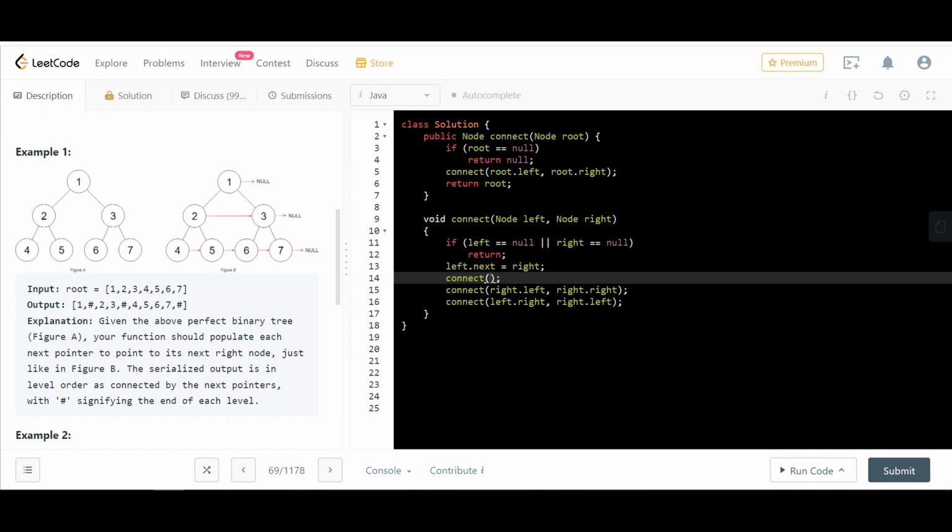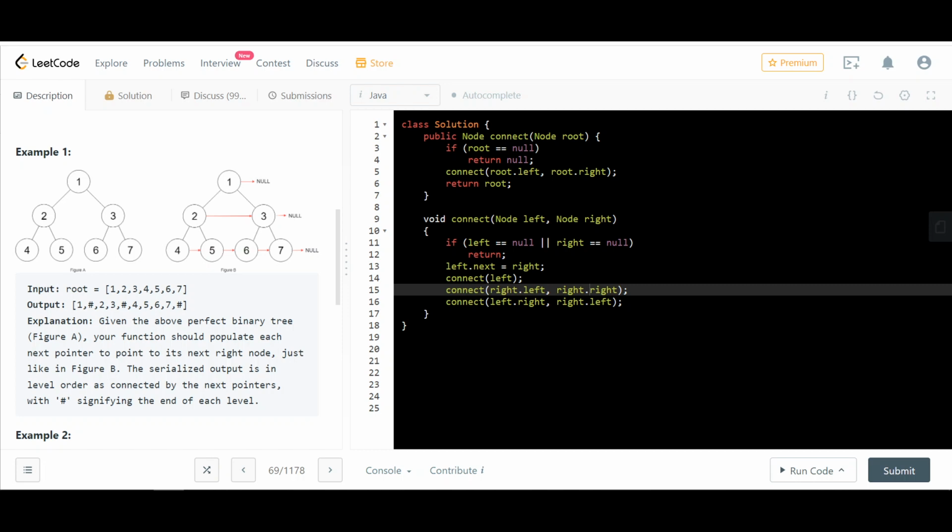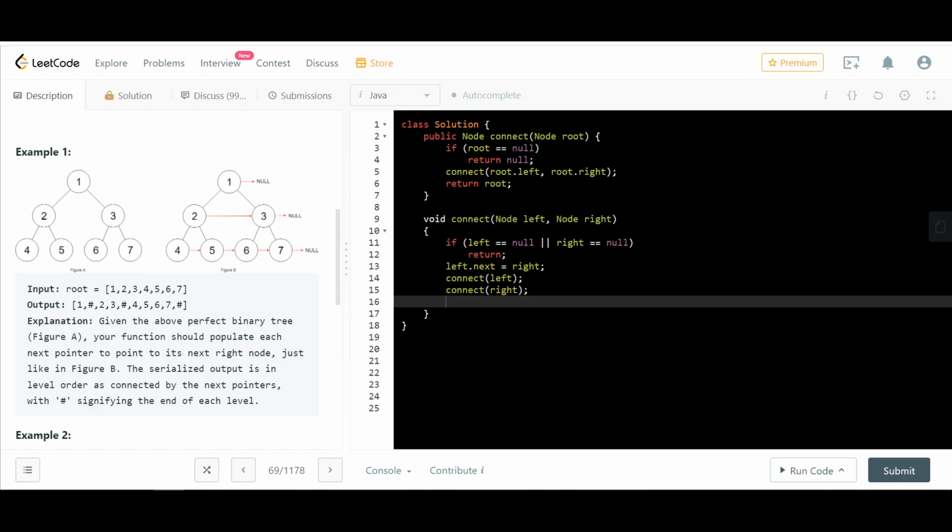Sorry, you can just call connect on left. It will take care of its subtree, and you can call it on right, which will take care of its subtree, right? And the only thing that's left is connecting these two, which you can do via left dot